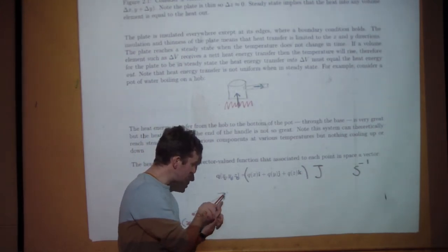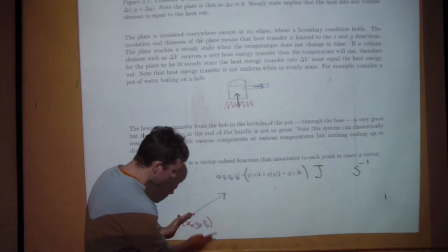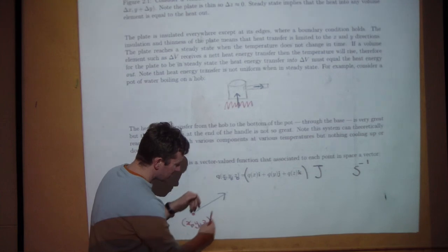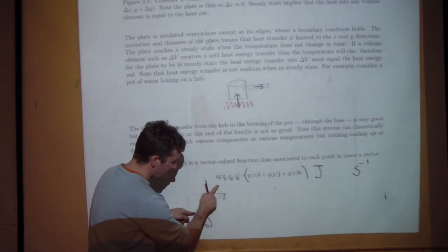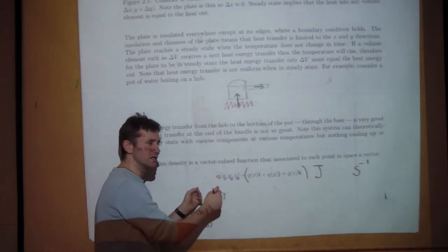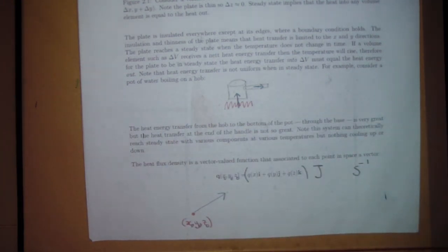So what you do is, you could have heat flowing from loads of different points, but what you want to say is, okay, look at this heat, how much goes through maybe a unit area in 1 second. So imagine kind of putting a little